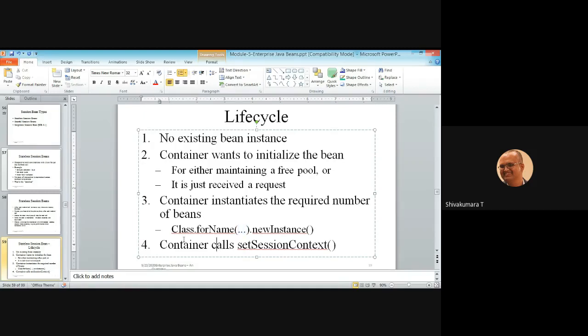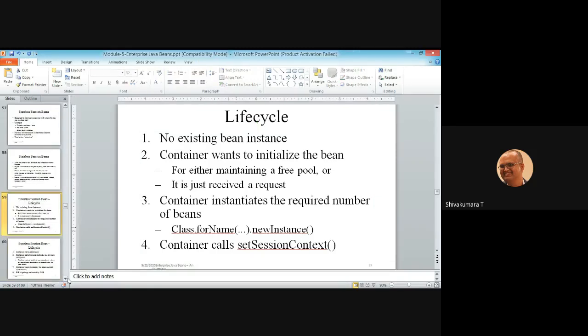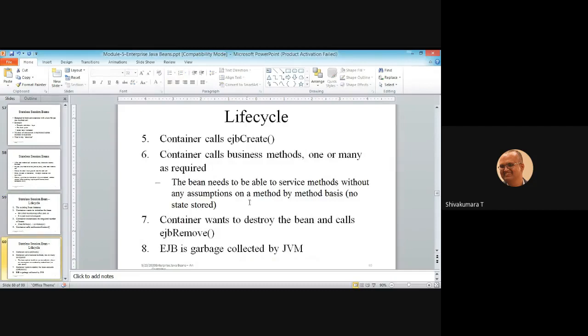The fourth stage of the life cycle is that the container calls setSessionContext. The fifth stage is that the container calls the ejbCreate method.